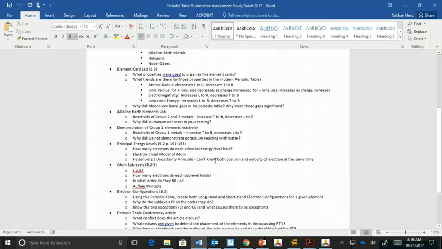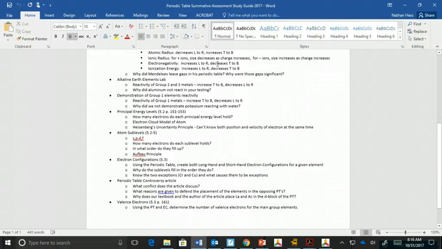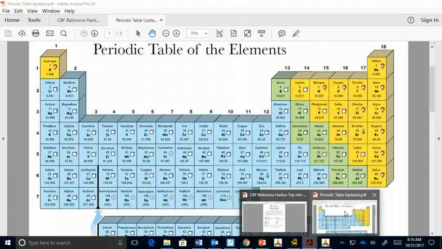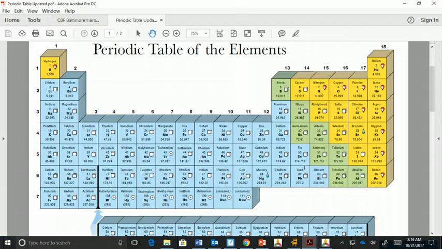If we continue on down the list here, the gaps in Mr. Mendeleev's periodic table, that was where he thought, hey, there has to be an element here that we haven't found, but it fits in that spot. Germanium is an example of that. We had gallium, we had arsenic, we actually had silicon and tin at that point, and there was a spot where he said, there has to be something that goes right there. And sure enough, germanium was found. He predicted the properties of it, and he was nearly right on, which made scientists really believe, hey, this is correct, what this guy is talking about here.